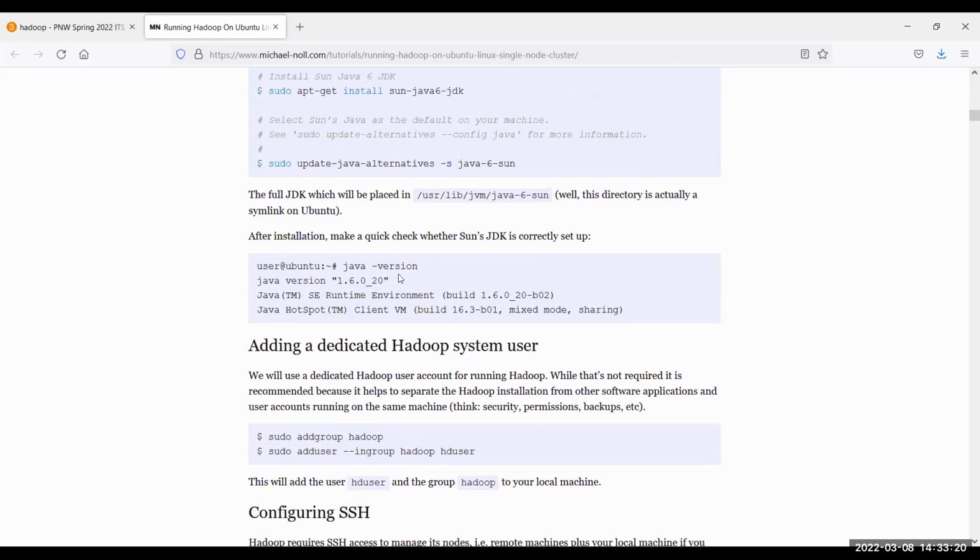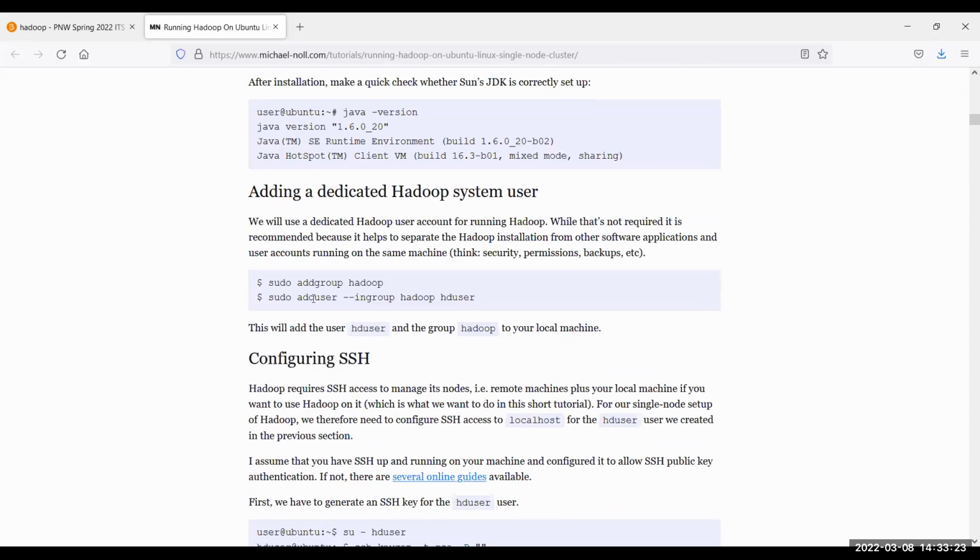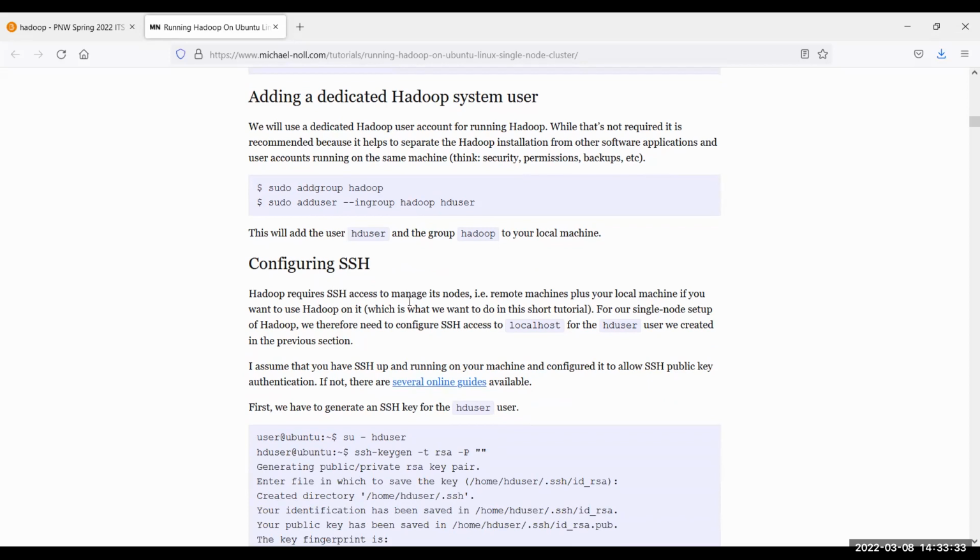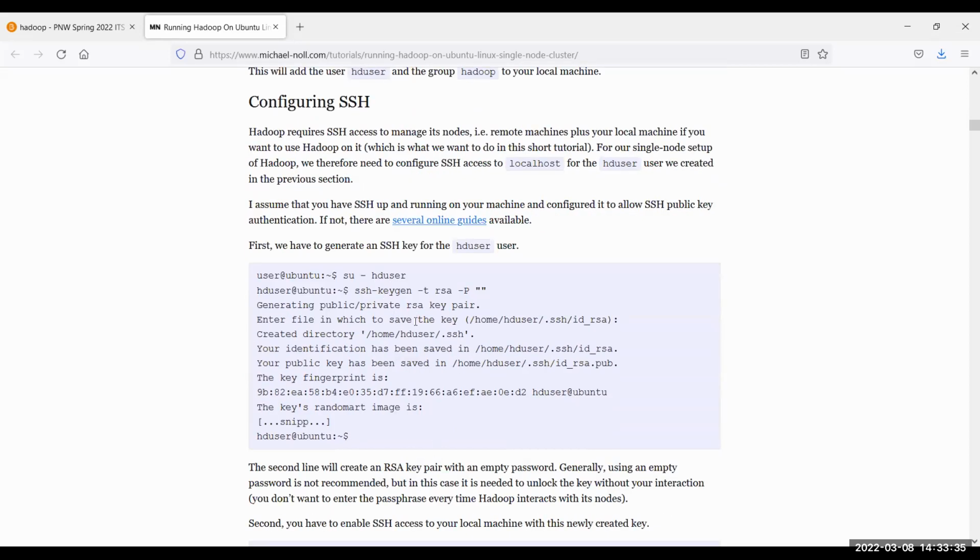You need to look at the Java version. Notice that you're going to be creating groups and users. Remember that I talked about this, right? One of your previous labs showed you how to do users and groups. Well, now you have to create these. You're going to have to use SSH and configure keys, public and private keys, for the secure communication between the instances,